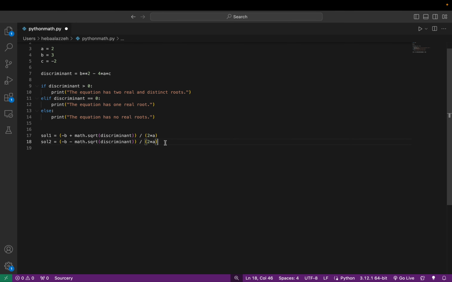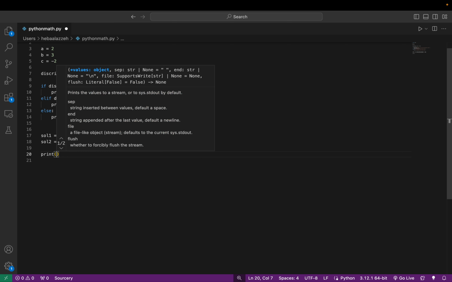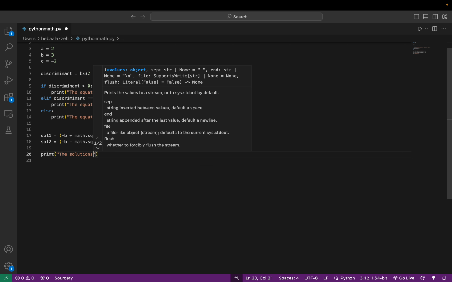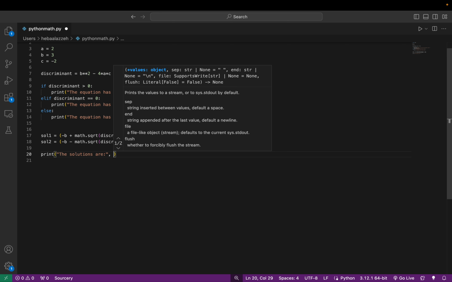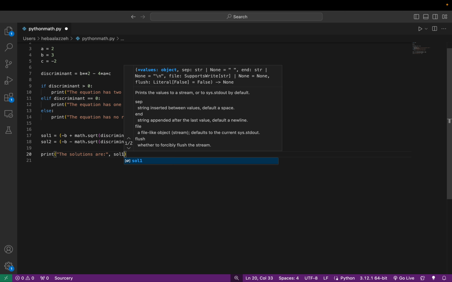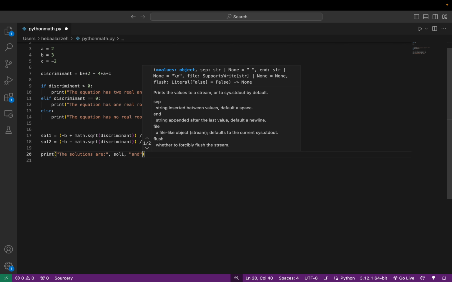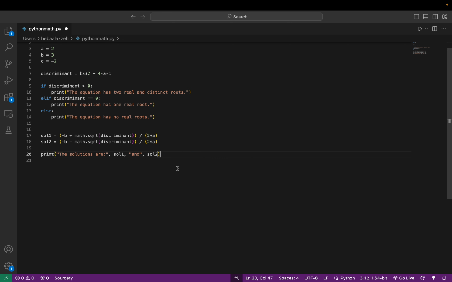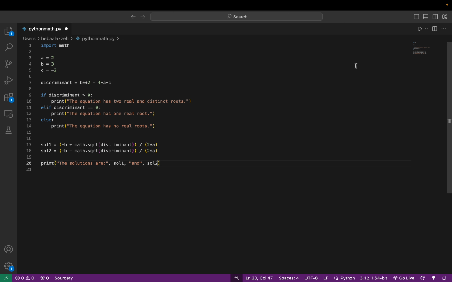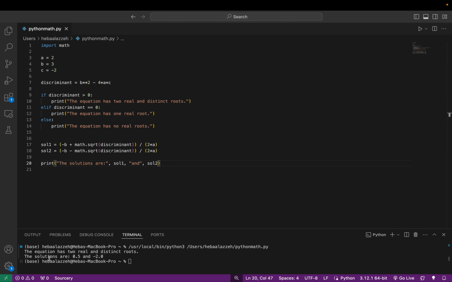And then finally, now that we have our solutions, we need to print them. So I'm going to create a quick statement that says print the solutions are, and then we're going to put a comma to indicate we're adding this second one, and we're going to put solution 1, and then we're going to put and solution 2. And this should print our expected output. Let's run the code and test it. Let's see if it gives us, yes, so it's going to give us the solutions are 0.5 and negative 2.0 because it is a double or a decimal value. All right,